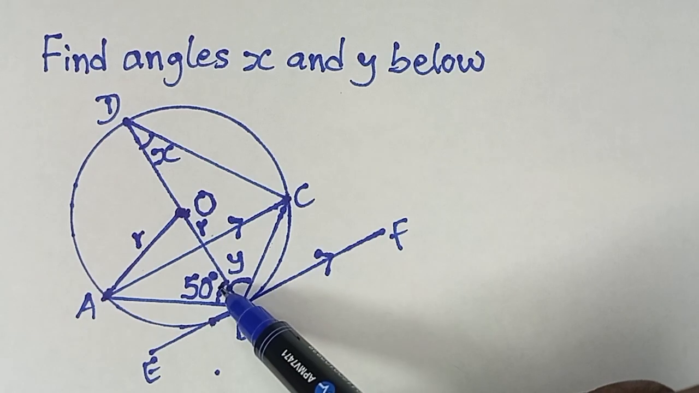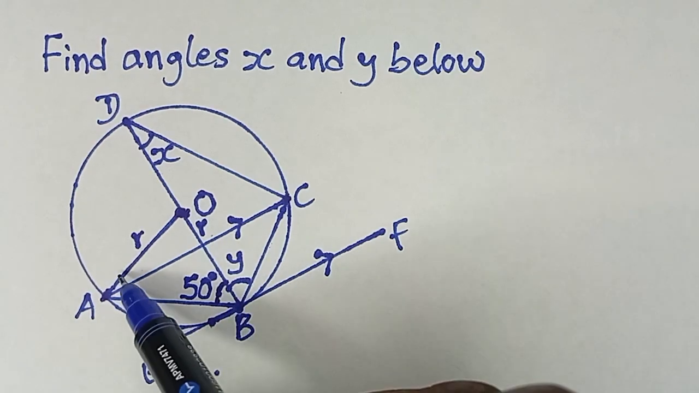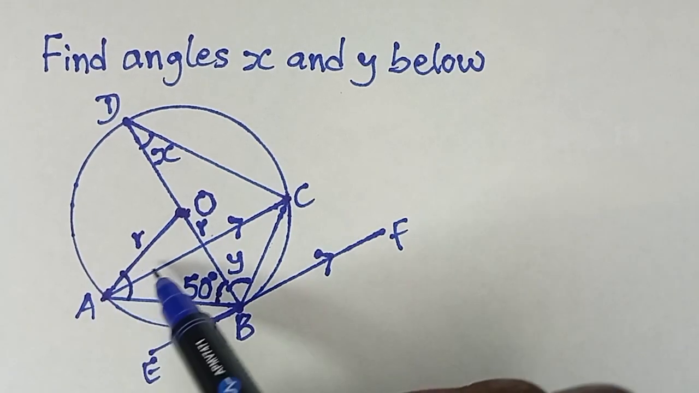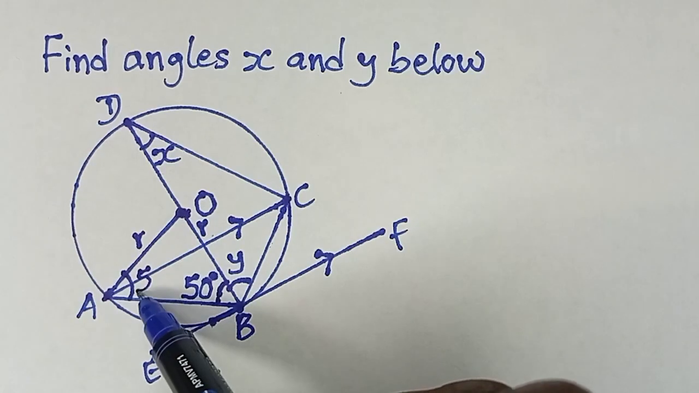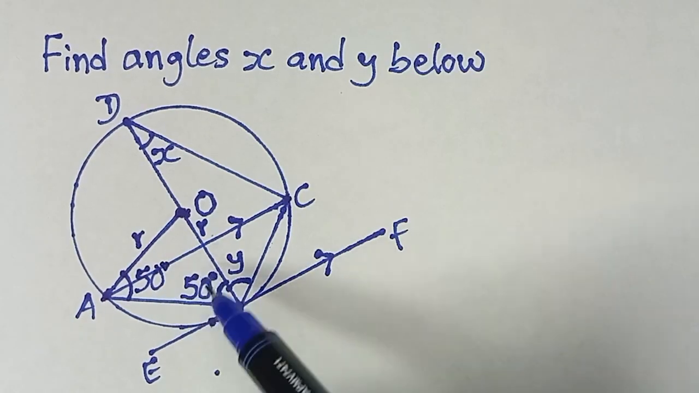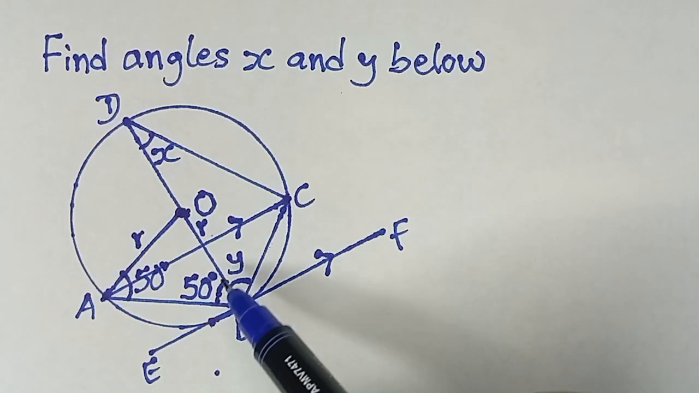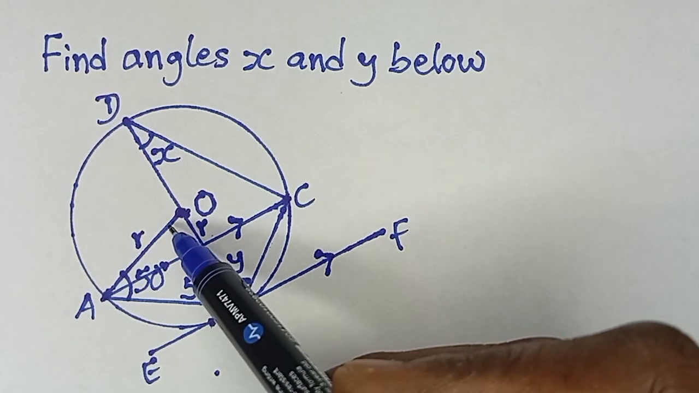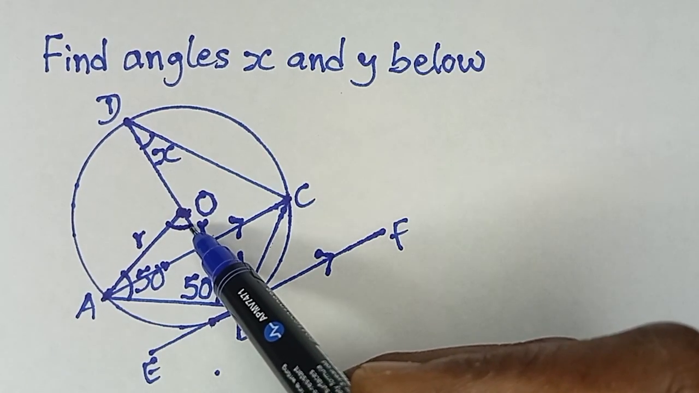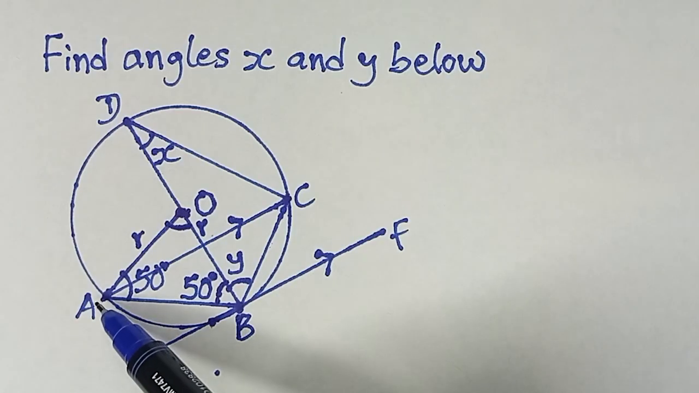So if this angle is 50, then this second base angle will also be 50 degrees because base angles are equal for an isosceles triangle. Then now you agree with me that it will be easier for us to find this third angle of the triangle. So looking at it, triangle